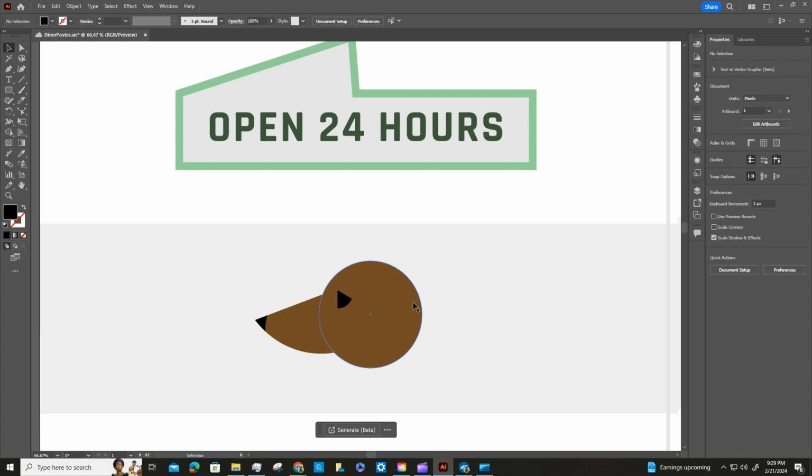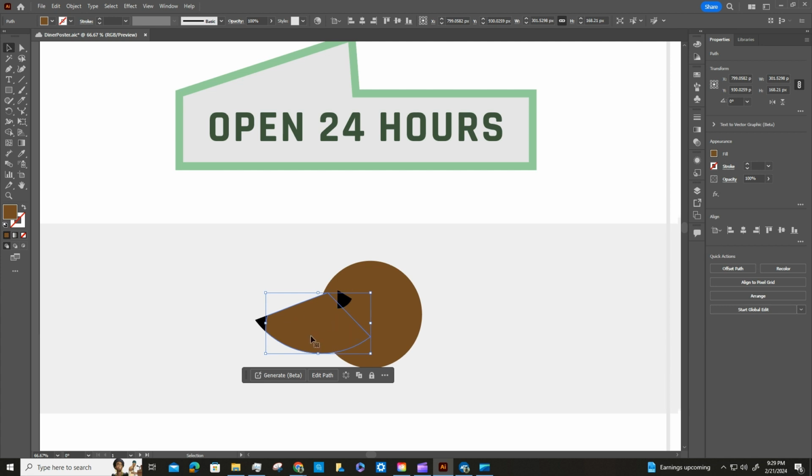So the next thing we're going to do, now that we're done with the nose, is we're going to learn how to cut in a straight line with the knife tool. So this is pretty simple. We're going to go ahead and select the muzzle again. We're going to select the knife tool. And then we're going to move the pointer just above the top of the shape. So just like right here,